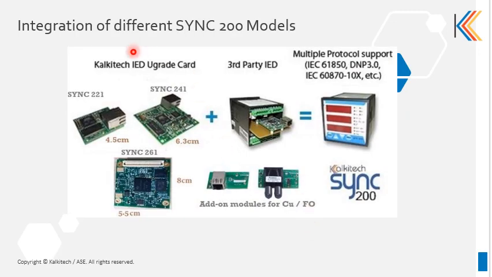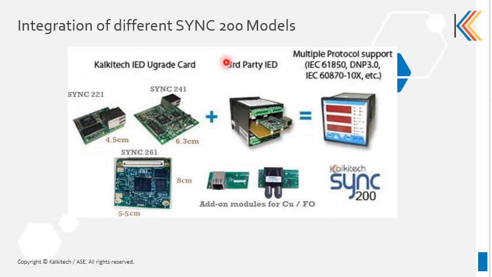Now moving on to the different OEM modules available. So we have a smaller one, small in terms of form factor, that is 221, and then a bigger one, 241. These have a single Ethernet port, and we have 261 with a dual Ethernet port, and 241 and 261 have an add-on pluggable copper or fiber optic option for the Ethernet. So that can also be integrated onto the device to enable any of the latest protocols like 61850, DNP3, 104,